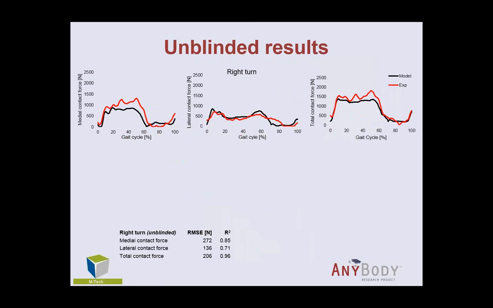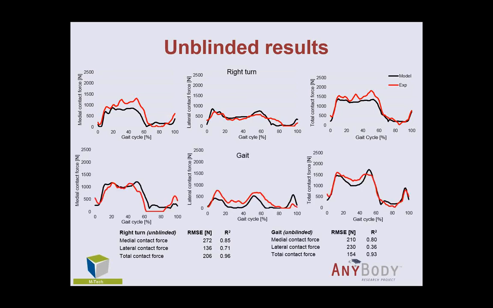So then we submitted our unblinded results, which were submitted in June this year. So what did we then get? Again, let's start with the right turn, with this new criteria and these smaller updates. If you look at the medial contact force again, it's still underpredicted, actually a little bit more underpredicted than it was before. The lateral force is actually better. It's still a little bit over around toe off, but not very much. And then generally, for the total contact force, it's underpredicted all the way through stance a little bit, but no